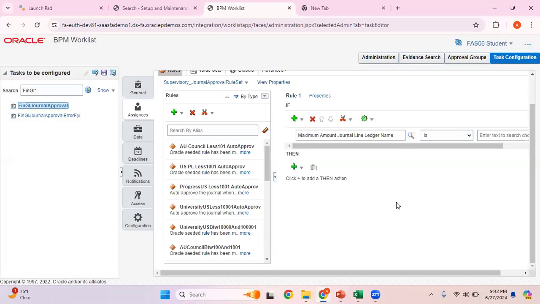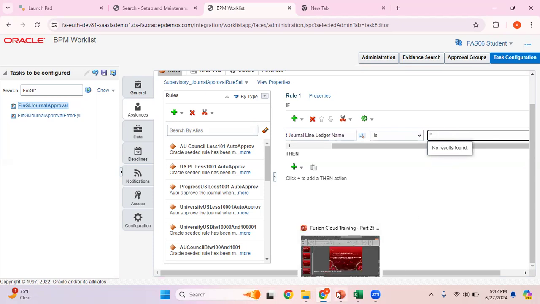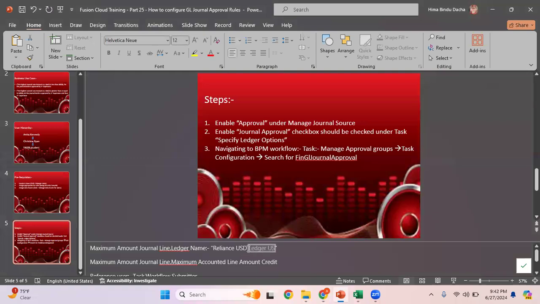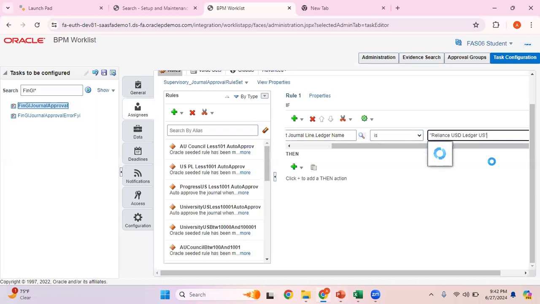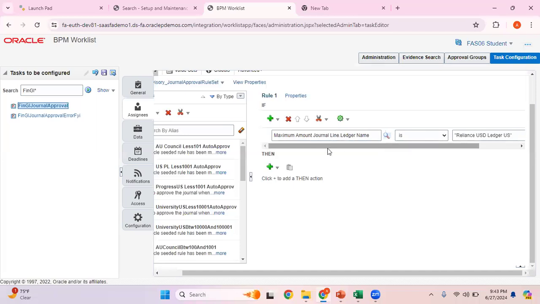Okay. So maximum amount general line dot ledger name. Under this particular folder, I have a ledger name, and the ledger name is Reliance USD ledger. So start with the double quotes. And remember, this is not a drop down, so ensure that you enter your ledger name properly, with the exact name, otherwise the rule will not work. Okay, so if the maximum amount general line dot ledger name is Reliance USD ledger, okay, and